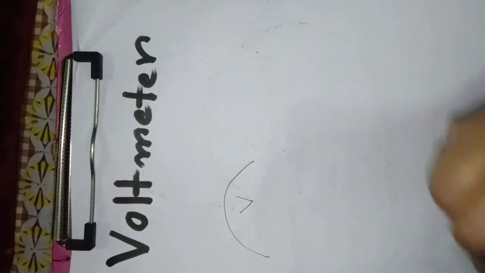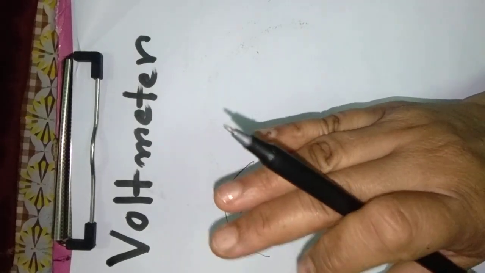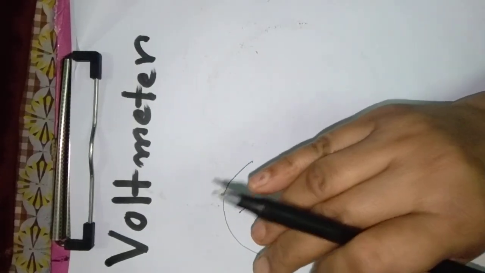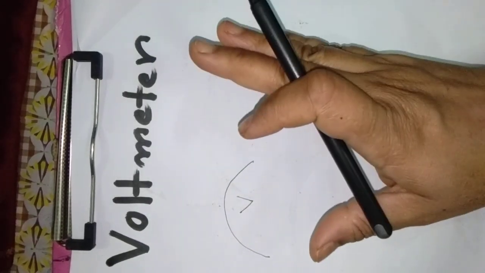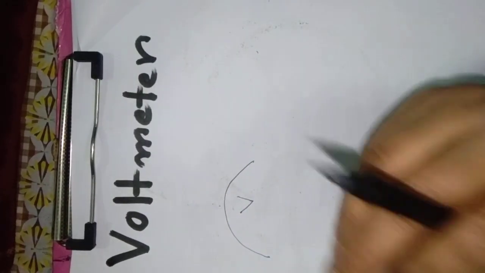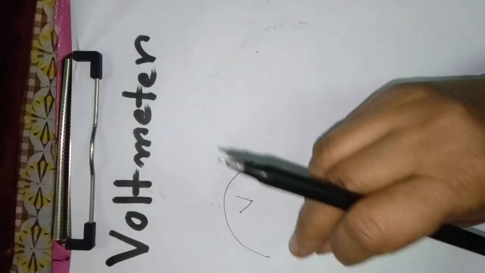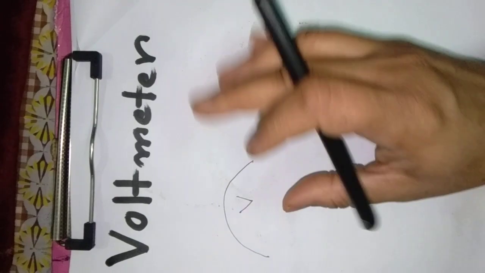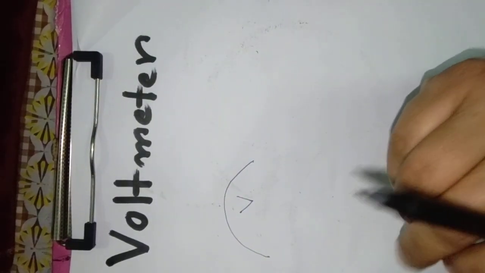Okay. Now I will explain the voltmeter. What is a voltmeter? A voltmeter is the instrument by which the potential difference between 2 points in a circuit can be measured in the unit of volt. The voltmeter is connected in parallel between the 2 points between which we want to measure the potential difference. Like the emitter, in the voltmeter also,